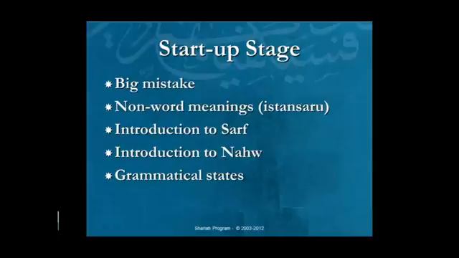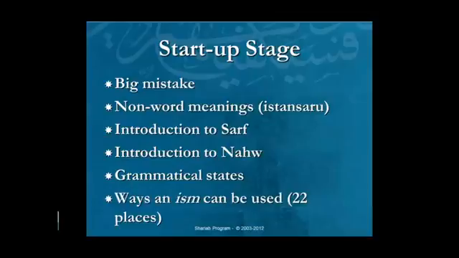Okay, Arabic words were likened to human emotions and facial expressions, and we didn't stop there, but then we introduced the second analogy, which was the English pronouns he, him, and his. So we lined up the Rafa with the he, the Nasab with the him, and the Jar with the his. So if you understand in English the difference between he, him, and his, you have a 60-70% understanding of what Rafa, Nasab, and Jar are automatically, immediately. Okay, so that's what we did in the previous video.